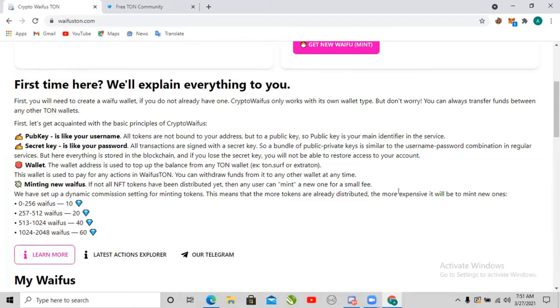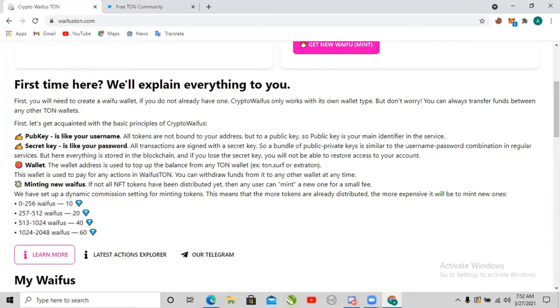So now, this is what happens. When all 2048 are in circulation already, that means you cannot mint a new one. You can only either buy or sell the ones that have been minted. So if you ask me what I see coming in the next months, as much as I don't want to give price speculation, this will be very awesome, because at the end of the day, the 2048 is in circulation. So it's the competition, the demand will be higher than people trying to sell these